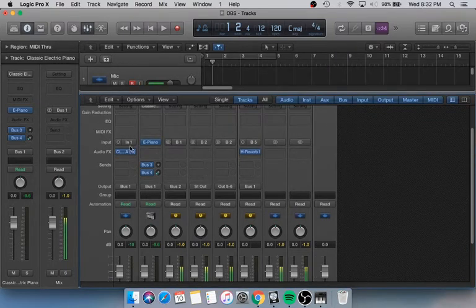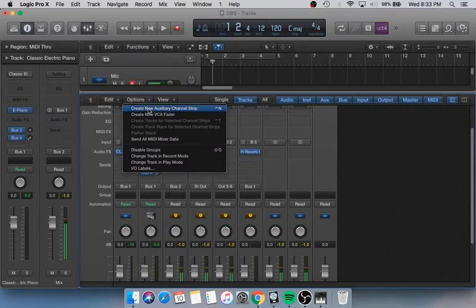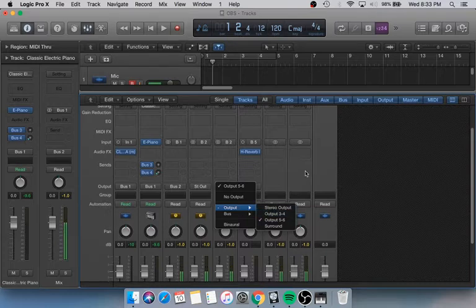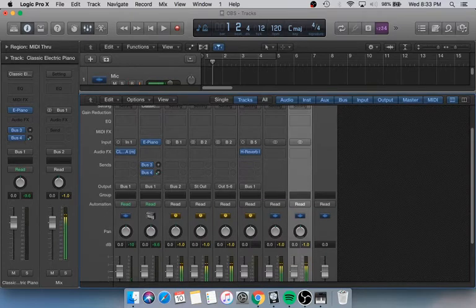We're actually using just 2 channels, and we've created 3 more channels for that. The reason is these 2 are going into bus 1. Bus 1 further is going into bus 2, and we have 2 different channels for bus 2. You can create it from options, create new auxiliary, and make sure the input of that channel is bus 2. Whatever signal is going into bus 1 is going the same into this channel and the same into this channel. However, the output of the first channel is going to your stereo out, that is your monitors, and the output of this we have selected as output 5 and 6, which is our Soundflower.